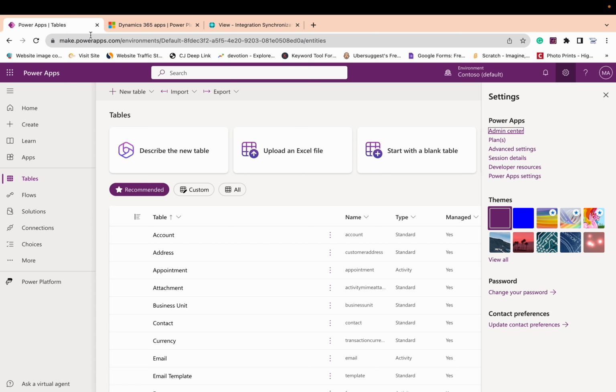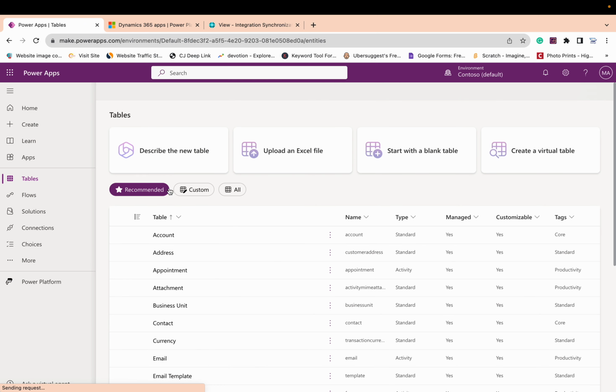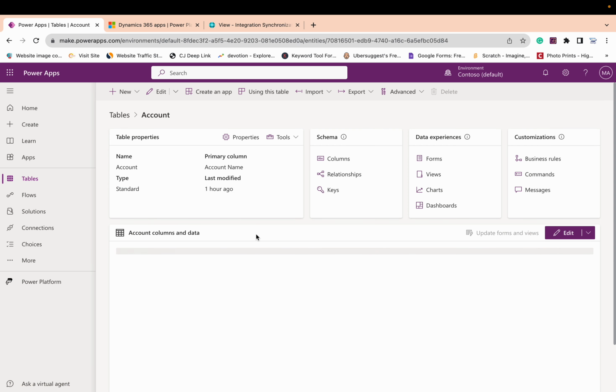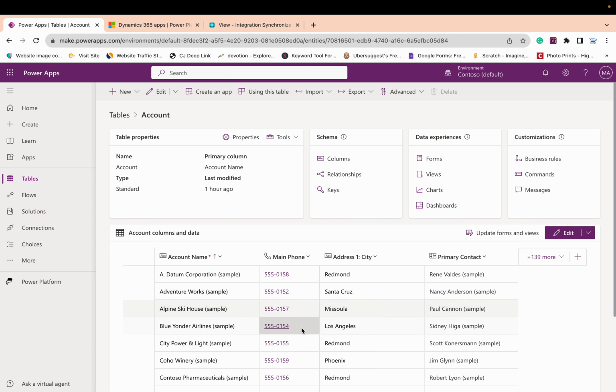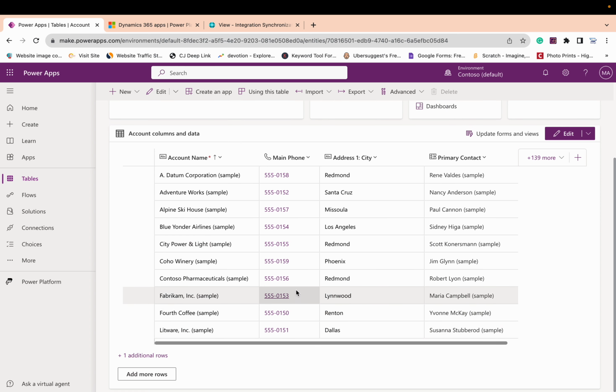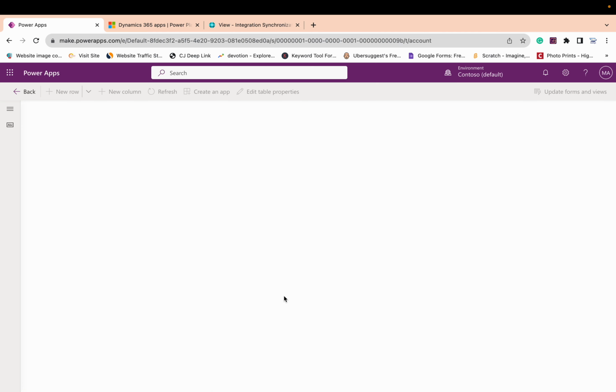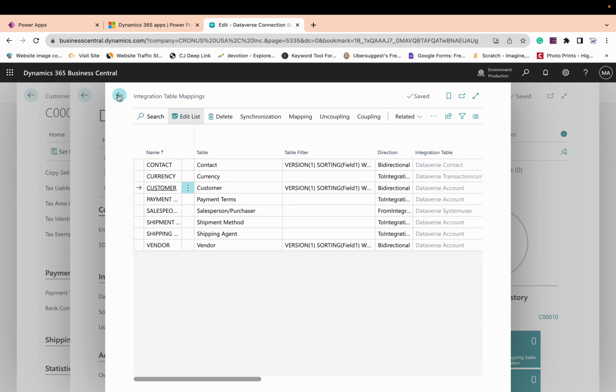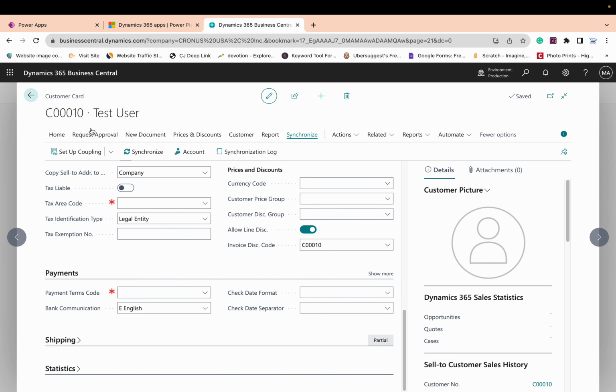But let's go to the PowerApp and let me refresh my PowerApp environment, and this is my table account. If you open this and come down, you can see my new customer is showing up here, test user, right? Because now the synchronization is done successfully, and that's why the new user is showing up there,